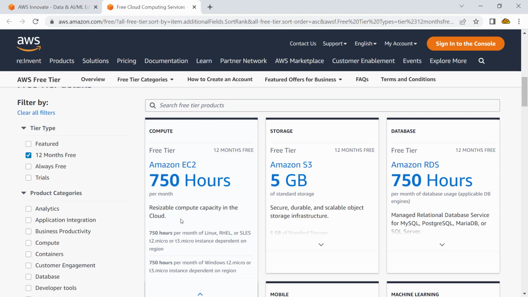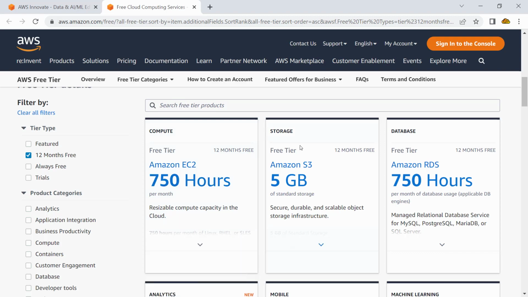So yes, there is a free tier, but it doesn't mean everything is free. In the free tier, whatever resources are available, if you are within that limit, you will not be charged. But if you go beyond it, you would be charged. So be careful about billing, because you do not want to pay unnecessarily for resources which you have forgotten to shut down. I'll talk about that also. But yes, if you are experimenting, you have to be a little disciplined in the way you utilize these services, and remove those services once your work is done.